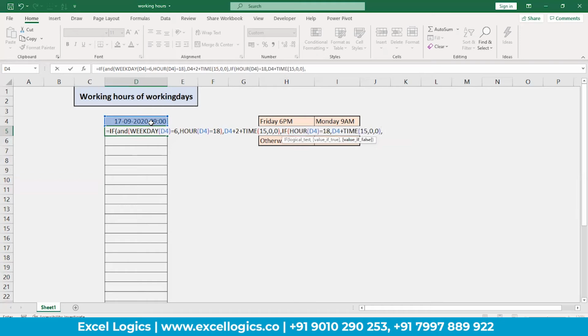Otherwise 1 hour increment. If it is not Friday evening 6 p.m. and if it is not normal 6 p.m., then it will be 9 a.m. or 10 a.m., any other time. In that time we need to add only 1 hour. So this plus TIME of 1 comma 0 comma 0.